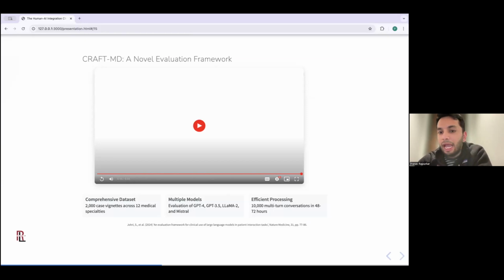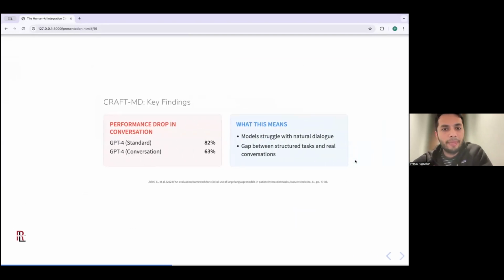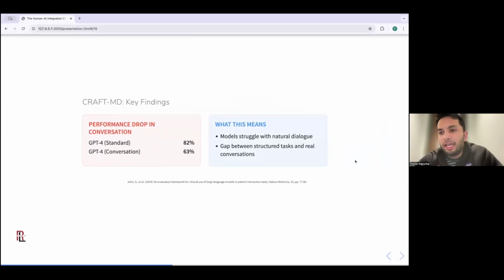And we now have a public leaderboard called CraftMD, which is going to help us answer the question of how ready these models are to be used as part of clinical settings. The key finding that we saw as part of CraftMD was that if you take a strong model like GPT-4 and give it these vignettes, it does really well, 82% accuracy.